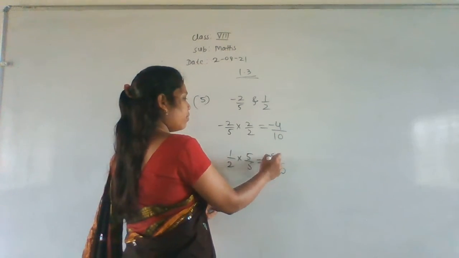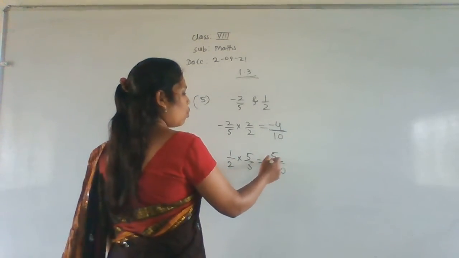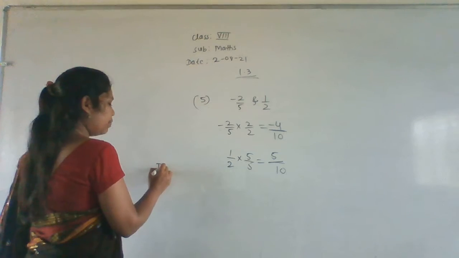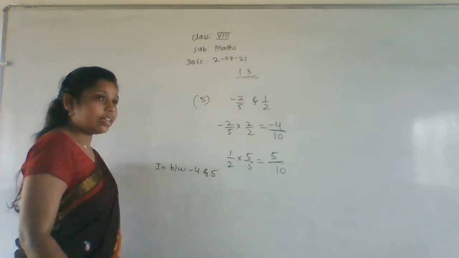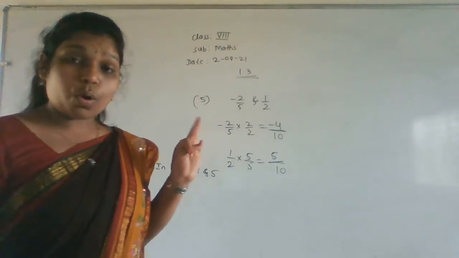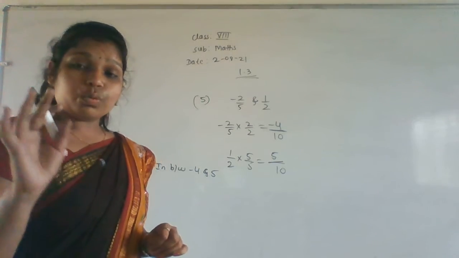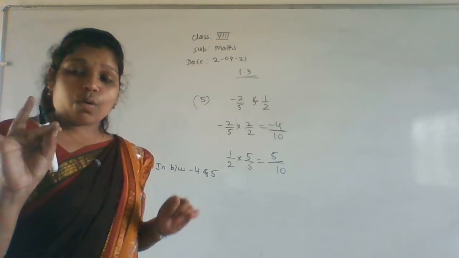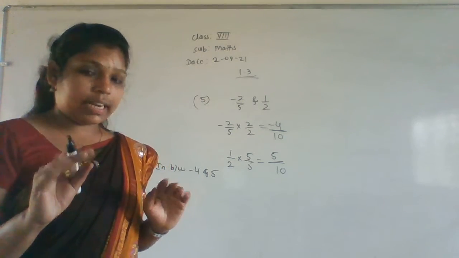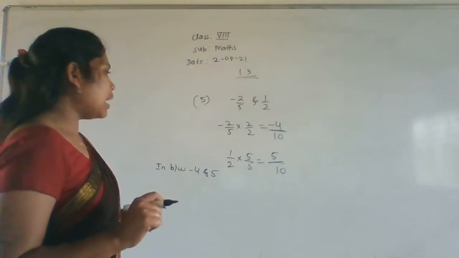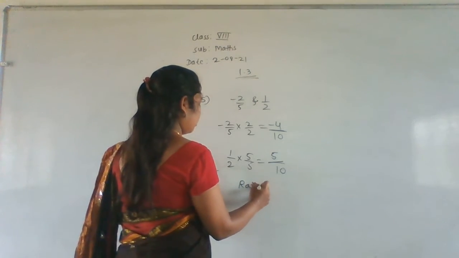Right. 5 and 5. Now observe here. Observe the numerator value here. What is the numerator value? So in between minus 4 and 5, how many numbers are there? Minus 3, minus 2, minus 1. You can write 0 also. Okay. 0, 1, 2, 3, 4. Okay. Only 8 we are getting. Sorry, 4. That will be the 9 we are getting. Right. So you can add one more. Okay. Right. It's okay. So the rational numbers are,